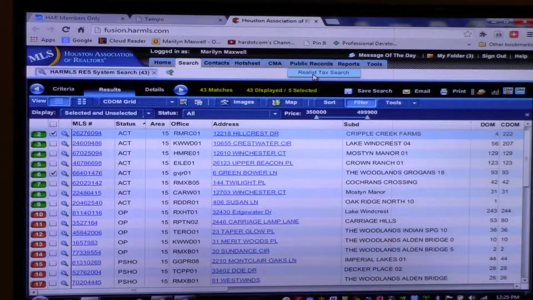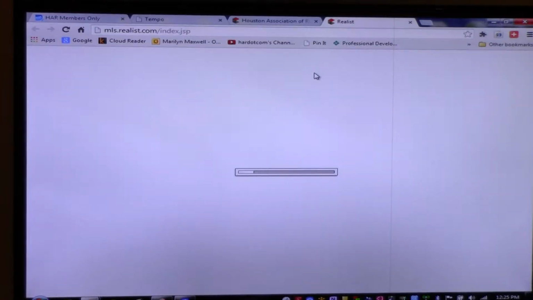If you don't want to know about Realist yet, you can put your head down for about a minute and a half. But once you have the option, you'll see here, if I click Public Records, I go to Stewart, or I can choose Realist. You'll have the option between the two again for several months until Stewart takes their system down, so you'll be able to easily just stay with one until you're ready to move to the other, or go back and forth between the two. And again, super fast to load